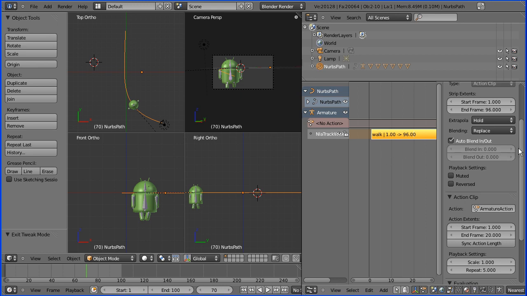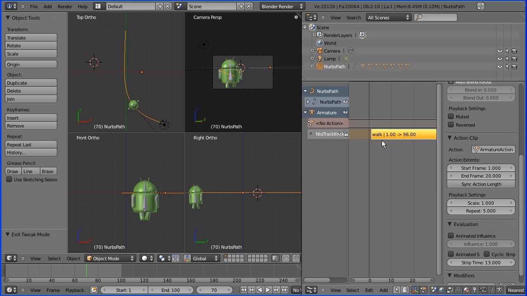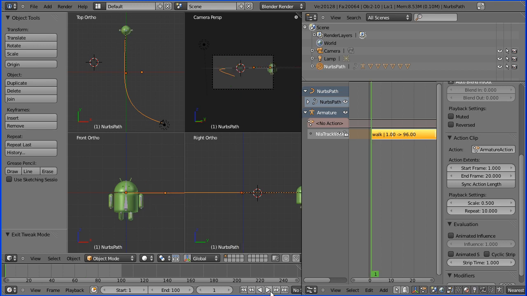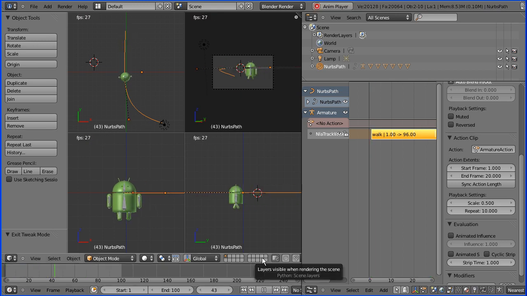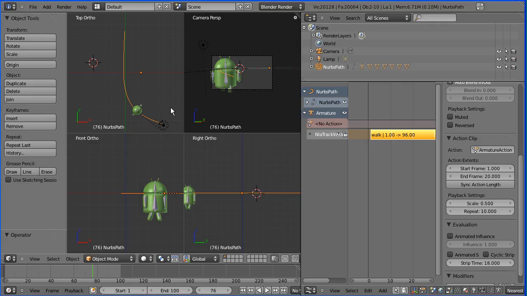The other way of doing it is you can scale the length of the strip. So if I scale it by 0.5, it'll half the length of the strip, which will double the speed of the walk cycle. I need to repeat it more times now because it's only half the length, so 10 times now it'll be repeated. Now if we rewind and play, his legs are going much quicker. If we pause that,